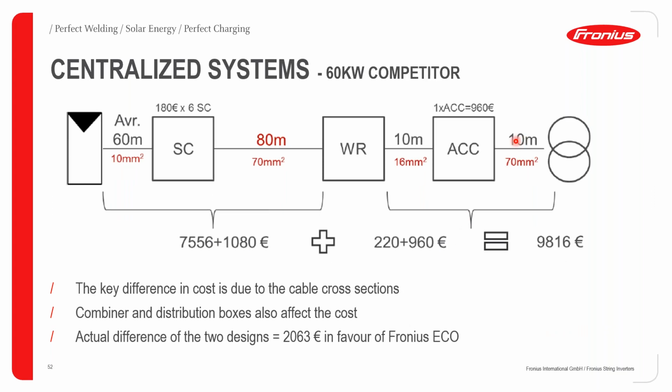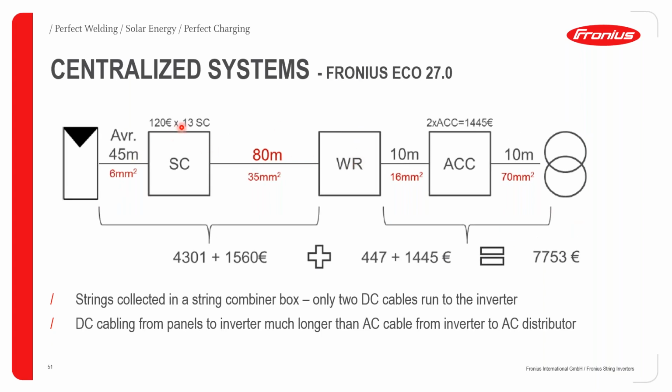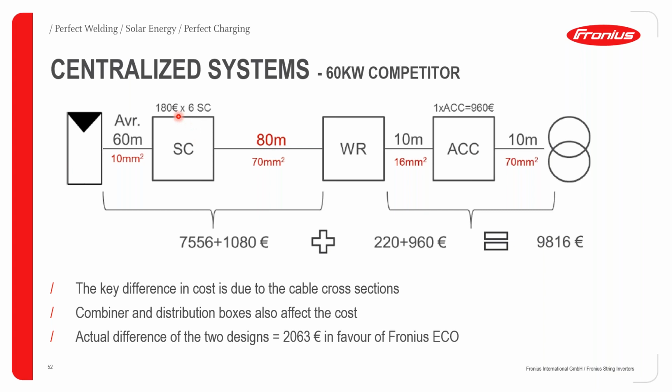Having looked at the Echo, let's now look at the 60 kilowatt inverter, what that would mean if you are to use a bigger inverter from a competitor. Nearly the same distances with just very slight variations, as you can see here. I would also like to mention that with the Fronius Echo inverter, we do require about 13 string combiner boxes, but with a larger inverter, we are going to need only 6